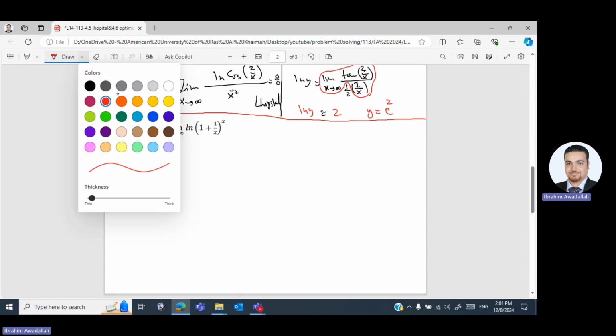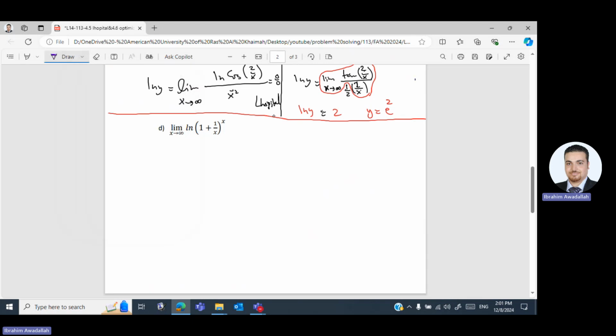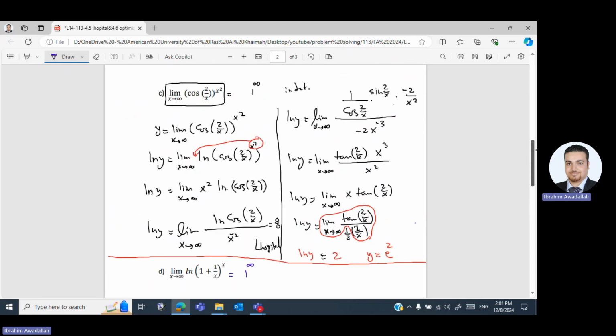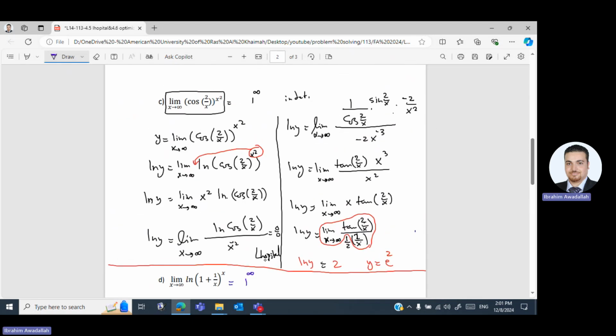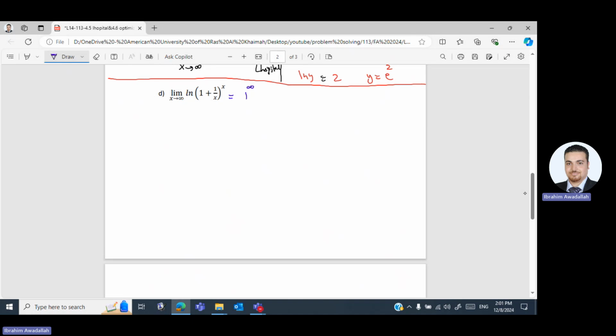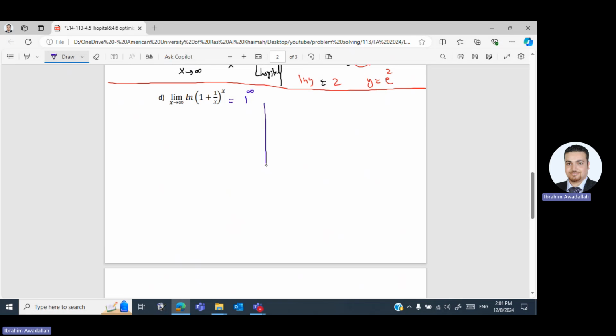One more exercise with L'Hopital rule. Again, we have an indeterminate form. When we substitute, 1 to the power infinity, it seems like the same. It's fine, no problem. It's better if I bring a different question with a different case, but both questions are in the same case, no problem. Now, again, since it's a 1 to the power infinity indeterminate form,